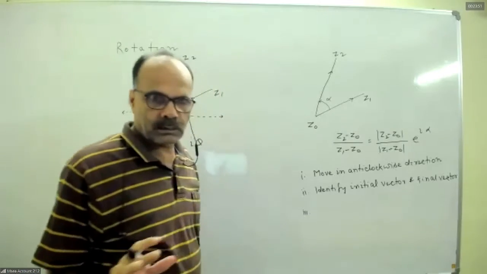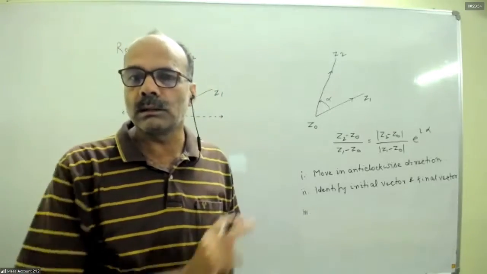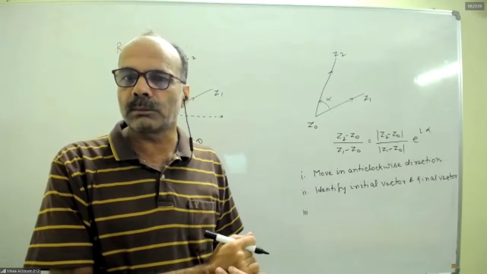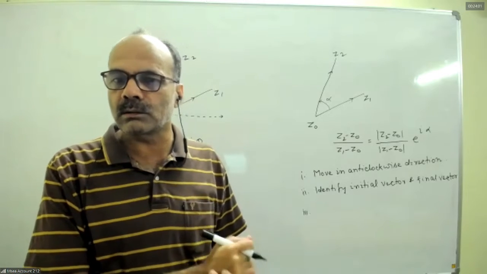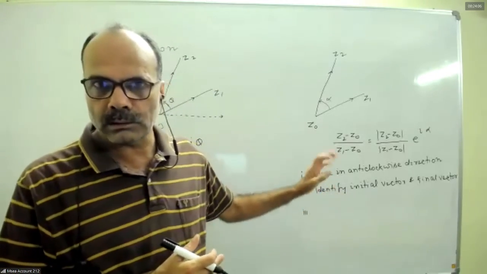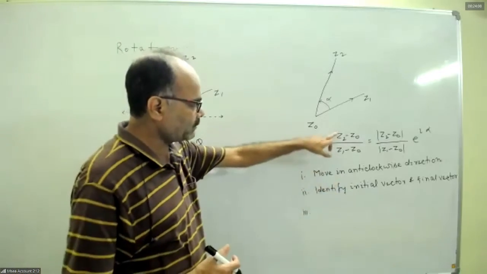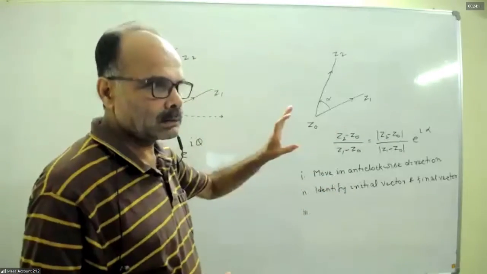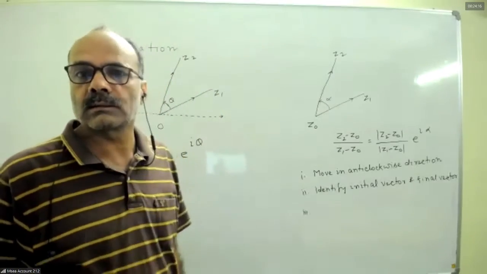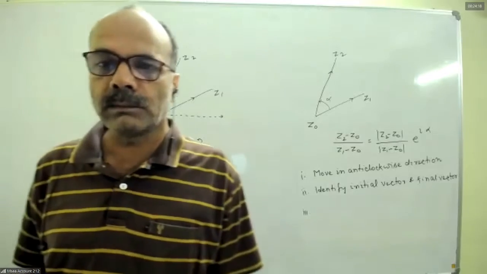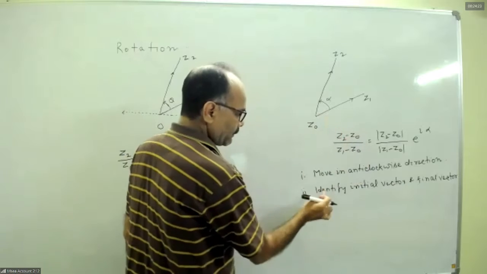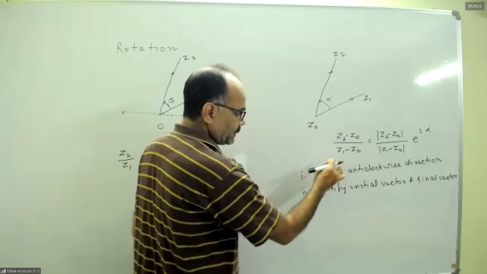Then, basically vector division by vector is not permissible, only in complex number. A complex number is not just a vector, it's a position vector, the coordinates of a point. So in terms of coordinates of a point we can divide, but in case of vectors, division by a vector is not permissible. It is meaningless. Vector A by vector B is meaningless. But in complex numbers, we can divide.